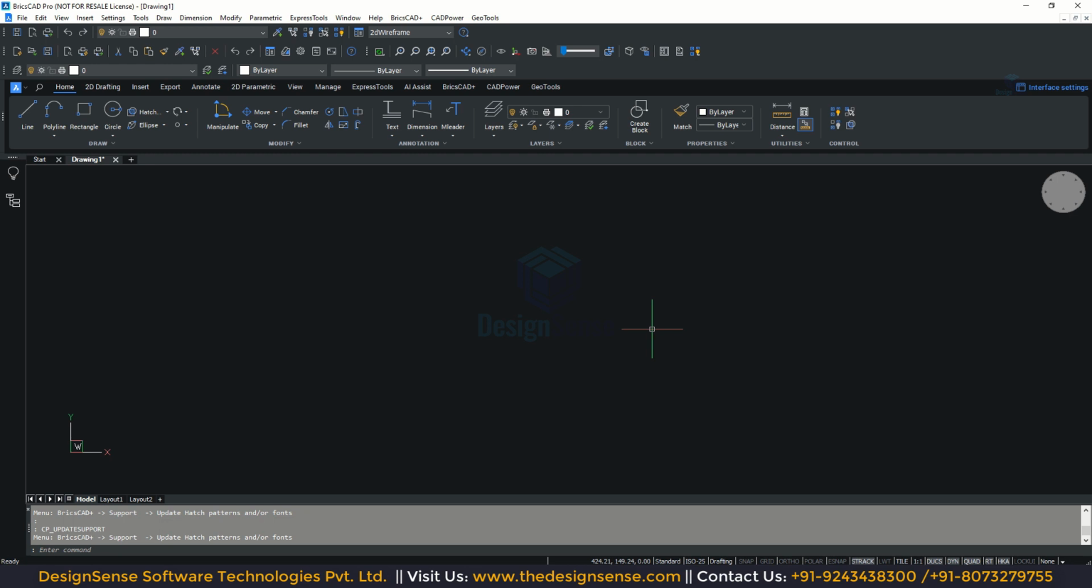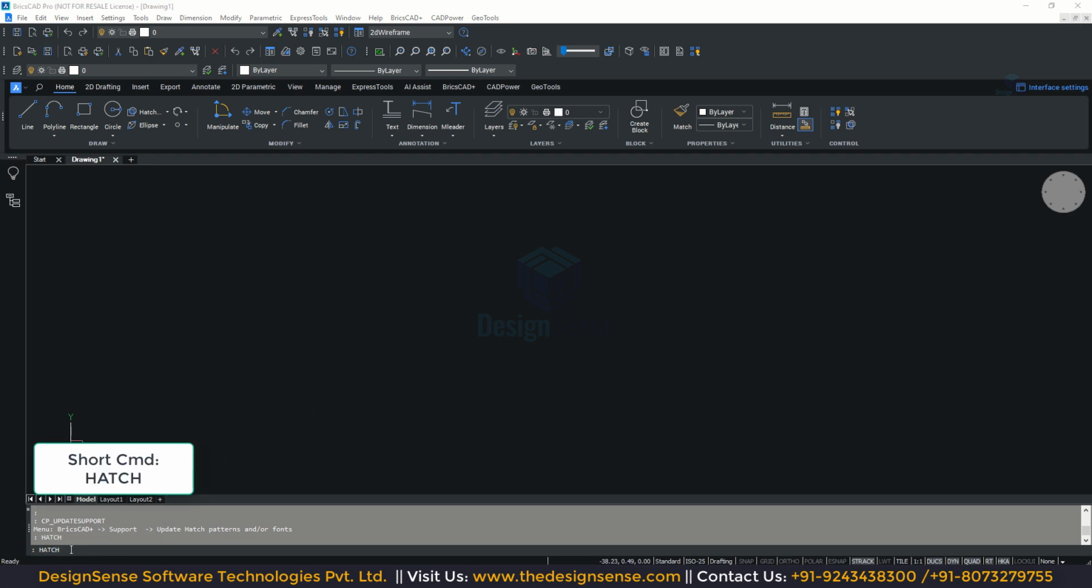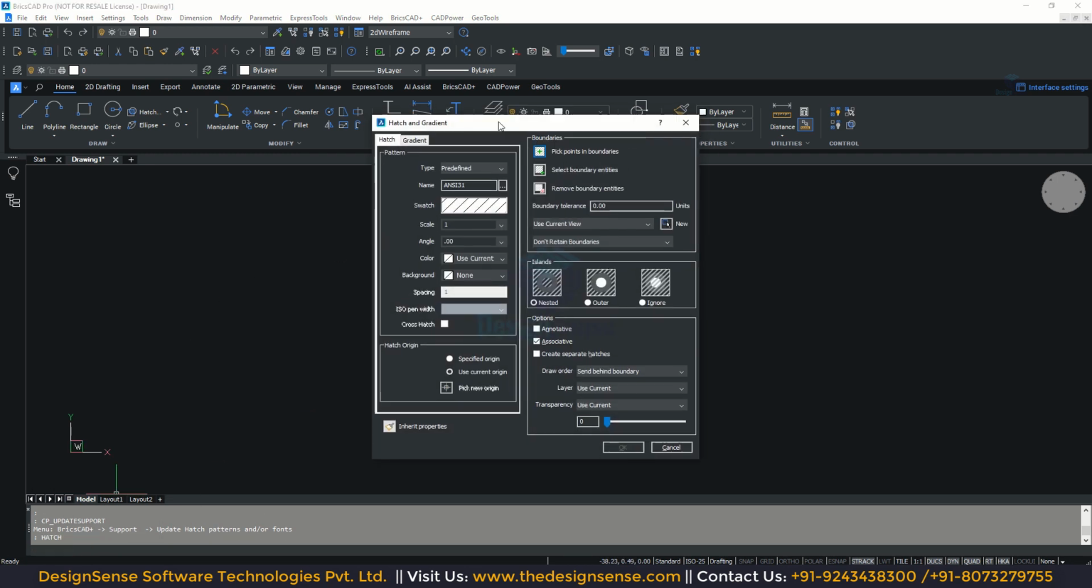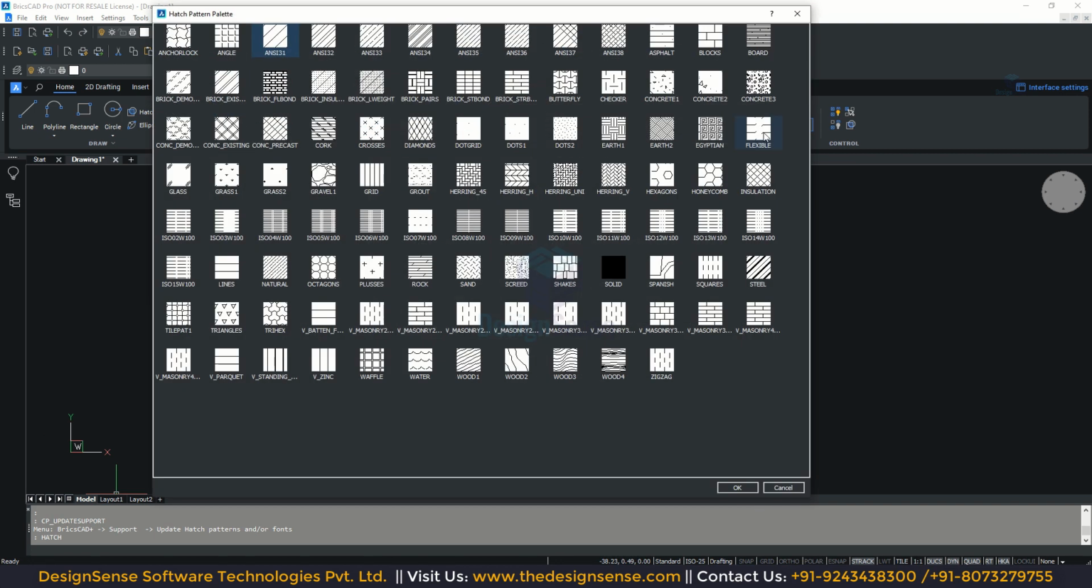In this video, I will show you how you can extend the hatch patterns in BricsCAD using CADPower. By default, when you type the hatch command in BricsCAD, you get the following hatch patterns. You can see that it is less than one page and there are only about 50 to 75 hatch